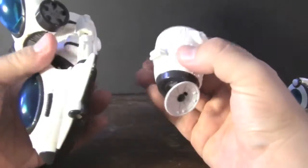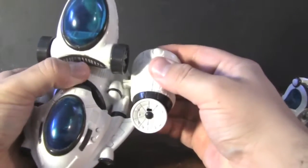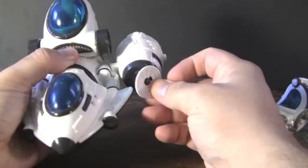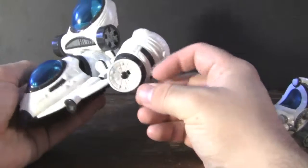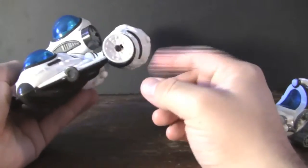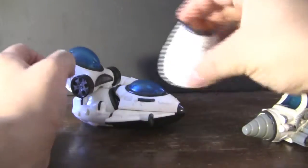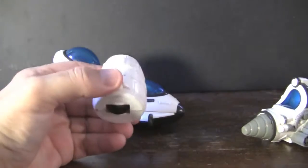And this one has a little tab right here, and you can see that we have these little slots right here on either side, and this one kind of fits right in there. So you could have the little satellite exploration pod or module, computer, whatever you will, to send out signals or receive signals. Now here's the other little cool one, and this one actually doesn't look like it does anything, but